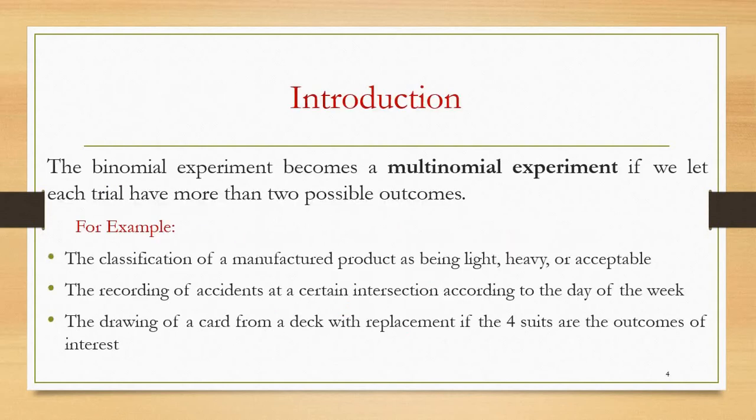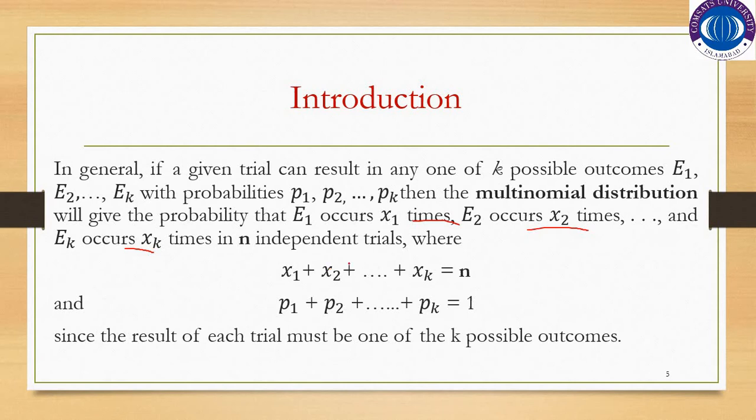But in the case of multinomial, we have k possible outcomes and each possibility has the probability of occurrence P1, P2 till Pk. So each category will have its own random variable. Let's say E1 has x1, E2 is associated with x2, and so on till xk times in n